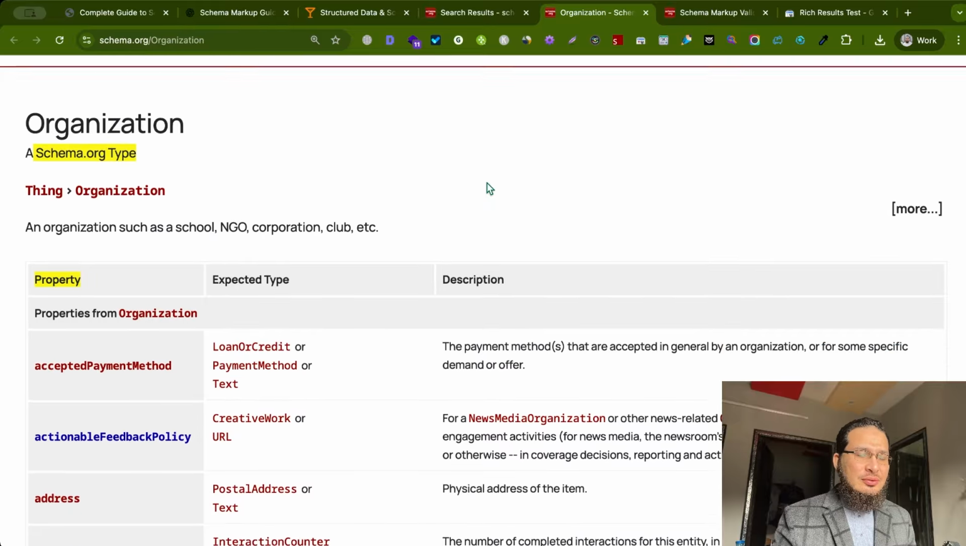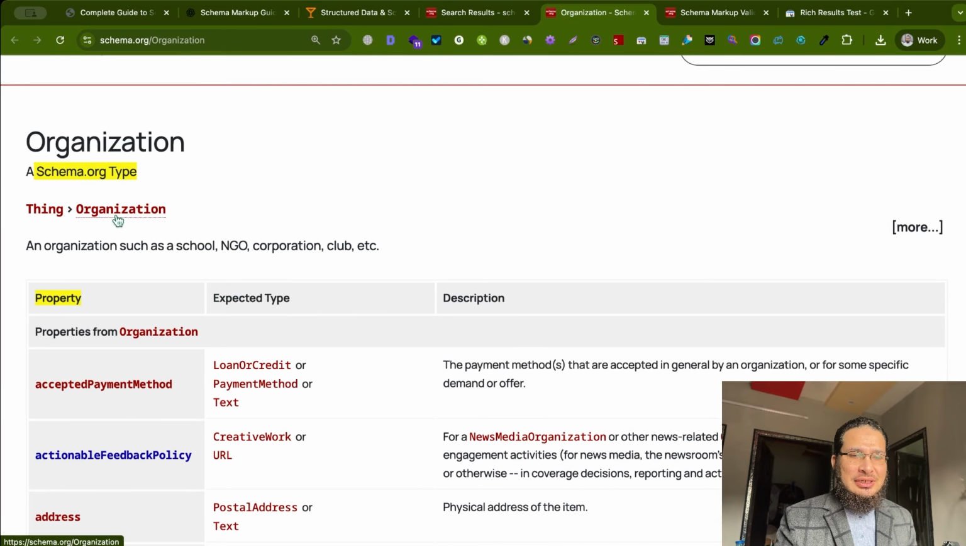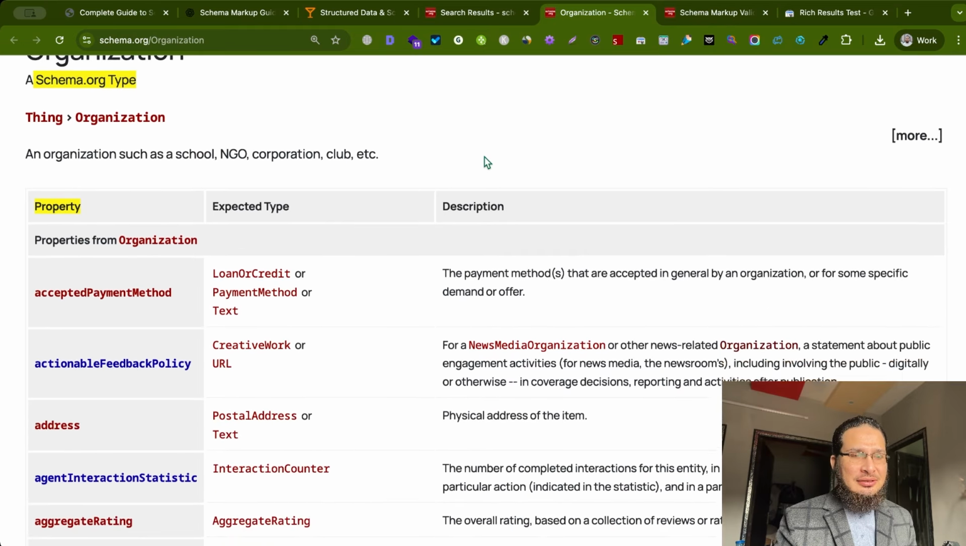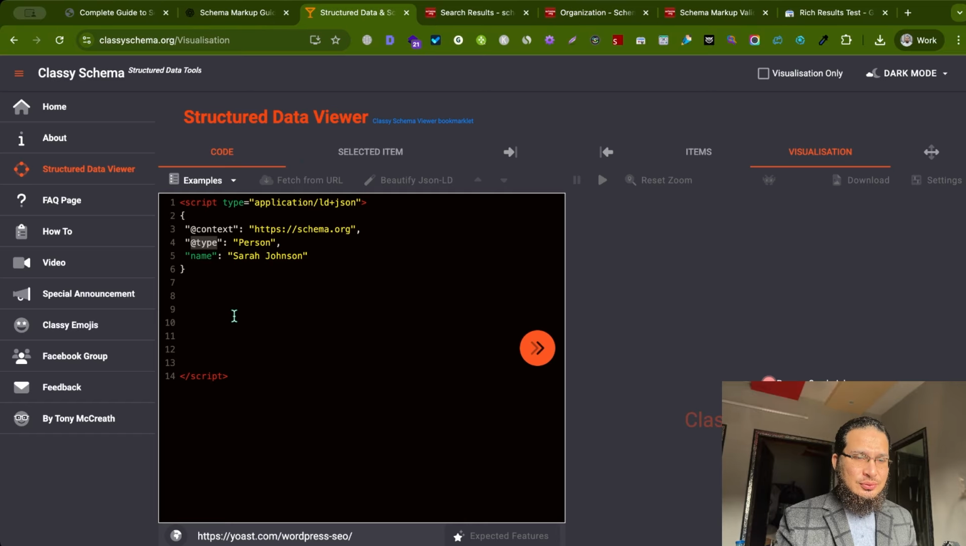So we have particular properties. Now I am going to explain each schema property available to us that can be used under this schema type organization. I will explain the schema properties only in this organization schema type. Afterwards, I will not explain these properties. We will just discuss the practical thing. Accepted payment method. And one thing also I explained to you in the last session,